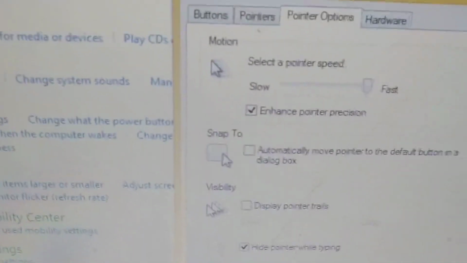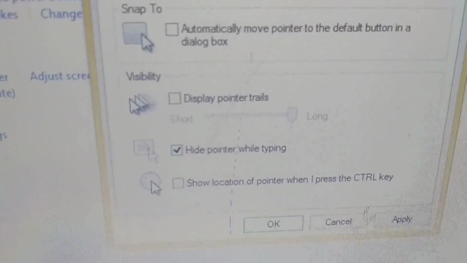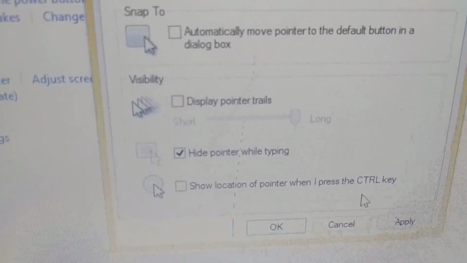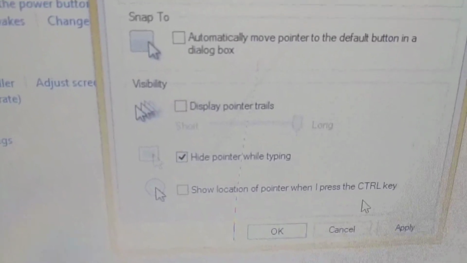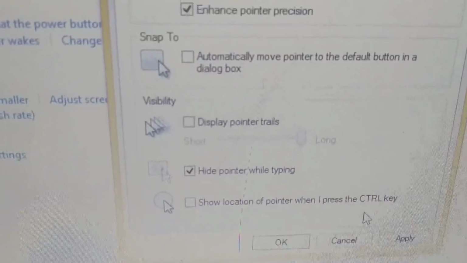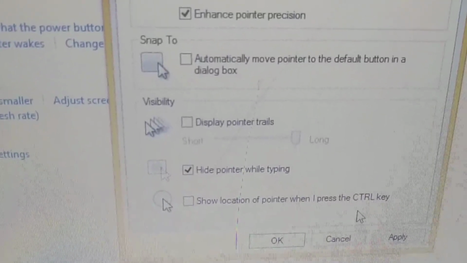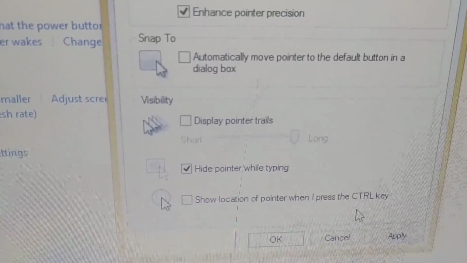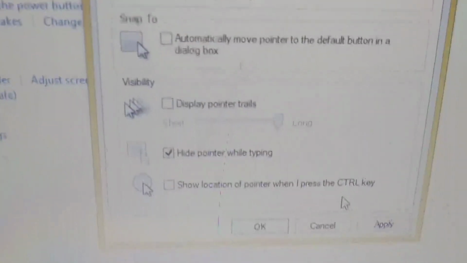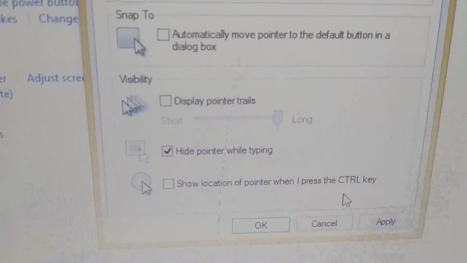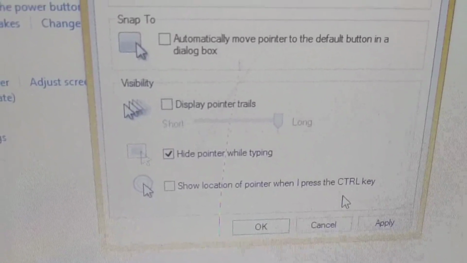So these were some of the mouse pointer settings. Please try this. The children who have a computer at home can try to change these settings, but immediately after changing them, revert back to the original settings of the mouse, because they are very accurate and suitable for your work. Thank you very much.